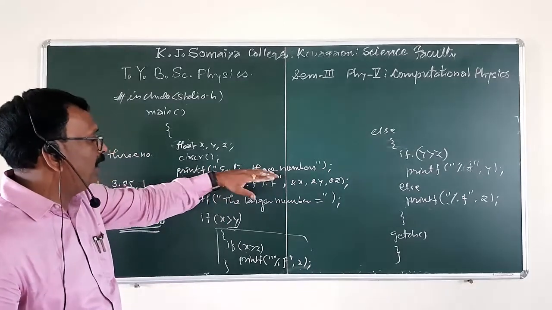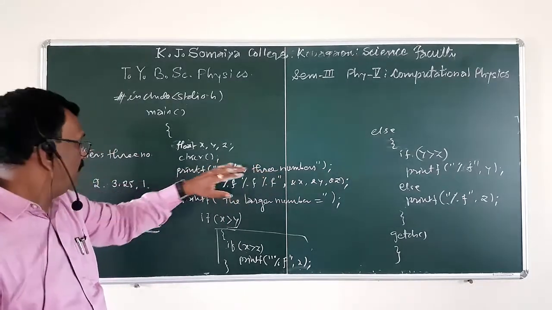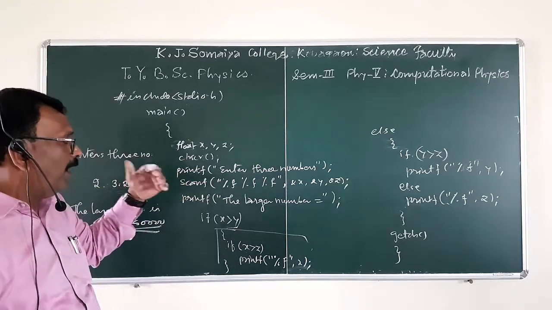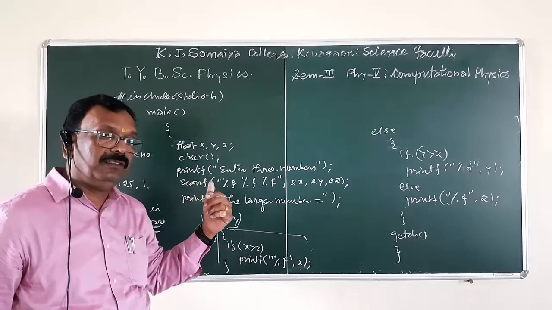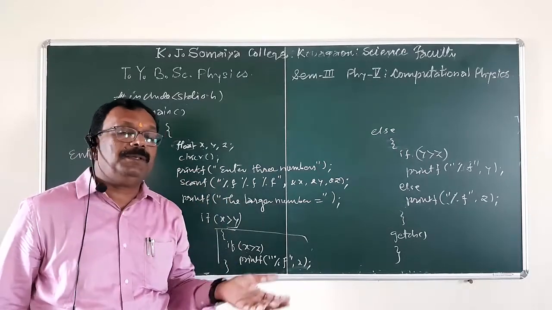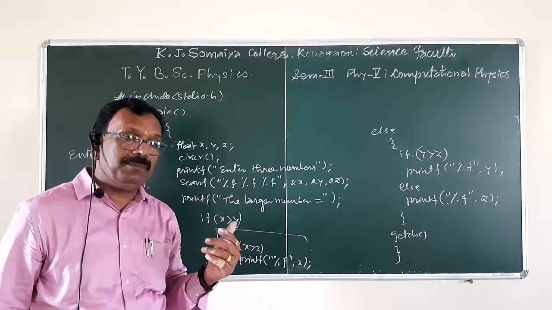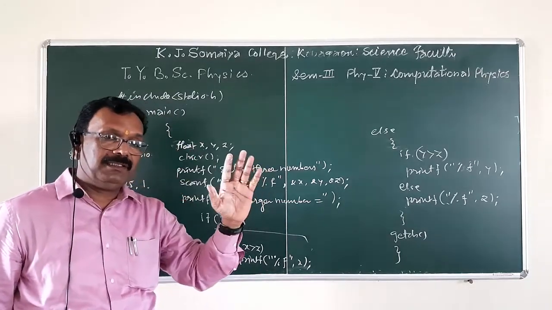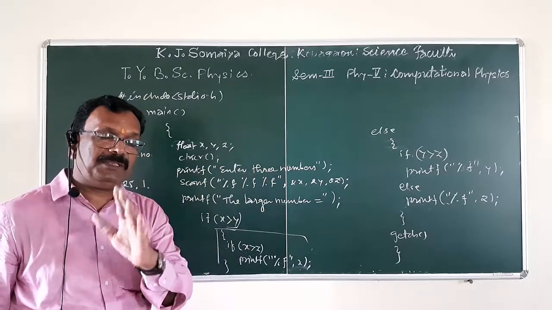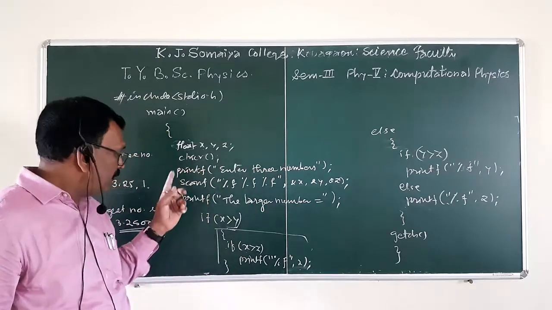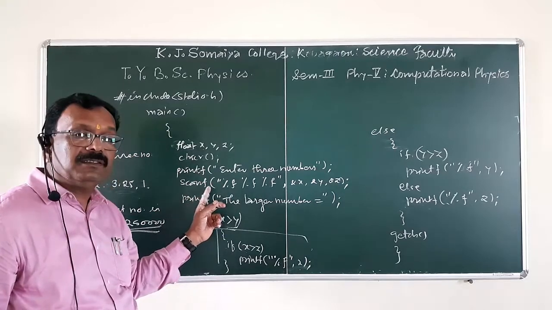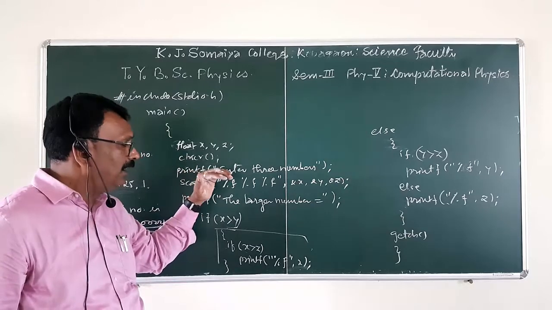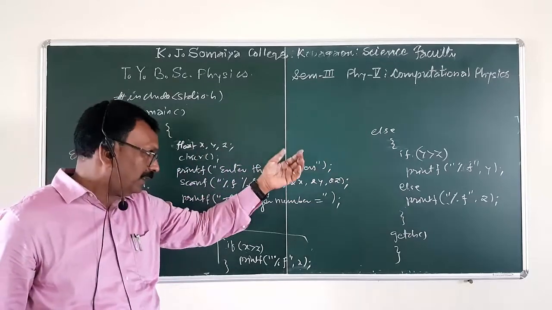And when we use this statement, it is useful to display the message on the screen, that is, "Enter the number." And when the user submits or provides three numbers through the keyboard, those numbers are placed in a specified memory location, and with the help of this statement, the computer can read the three numbers supplied by the user and place them in a certain memory location.